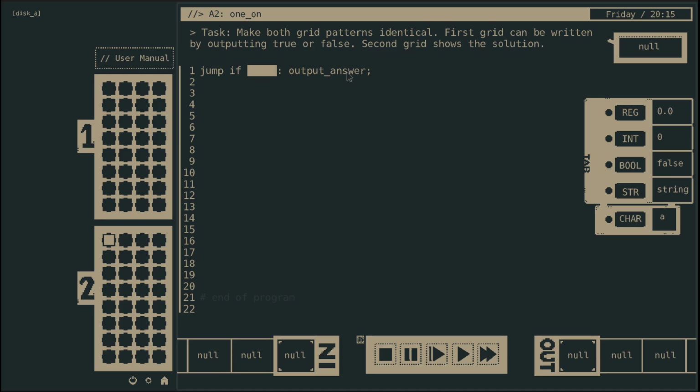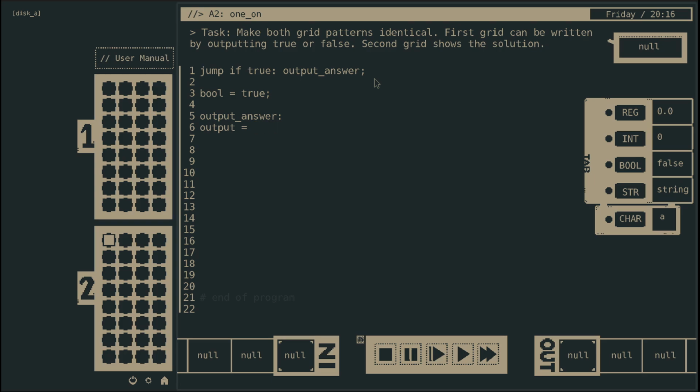Jump if false, output answer otherwise. Nah. Jump if true, output answer. Bool equals true, output answer, and then output equals bool